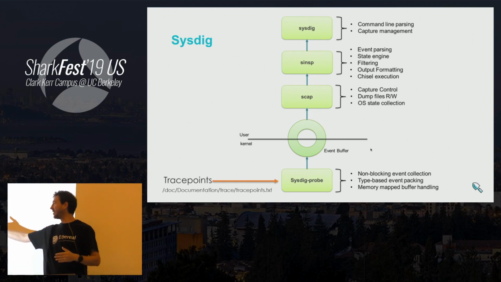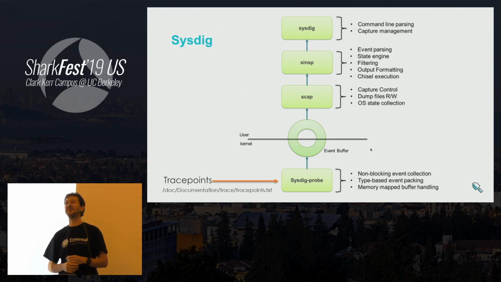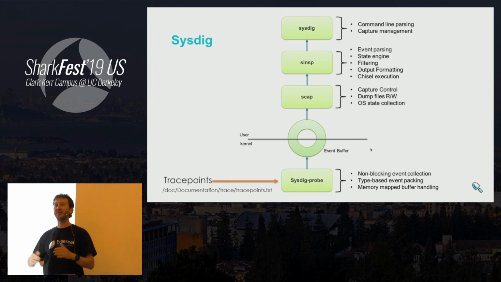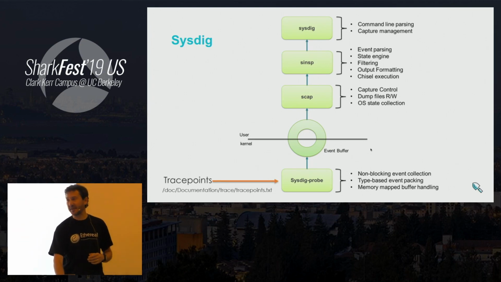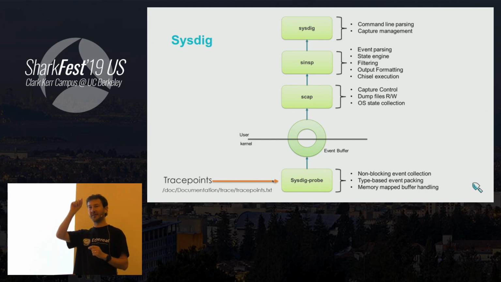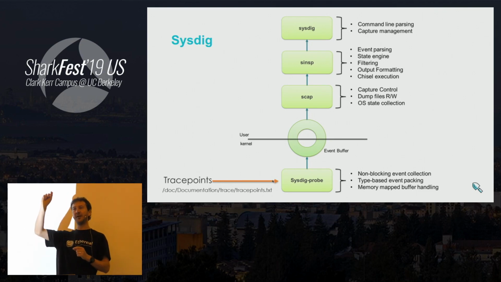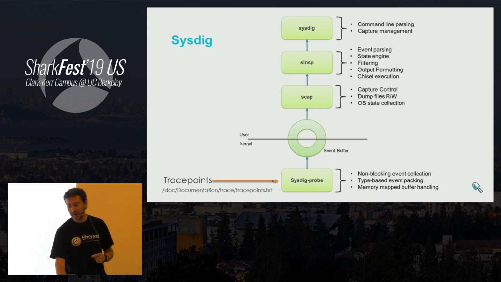And so, if we look at the architecture of something like Sysdig, you immediately recognize something very similar, even without having to describe every single component. The difference is that instead of getting packets, Sysdig gets system calls through a kernel facility called tracepoints, which allows you essentially to go and hook into a function in the kernel, and this function in particular is sysenter and sysexit, which is the function in the kernel that receives the system call and the one that returns from the system call. And then, there's a capture driver, there's a buffer, which is mapped